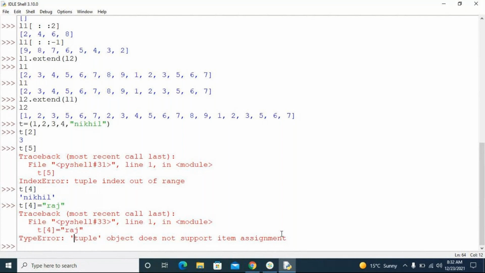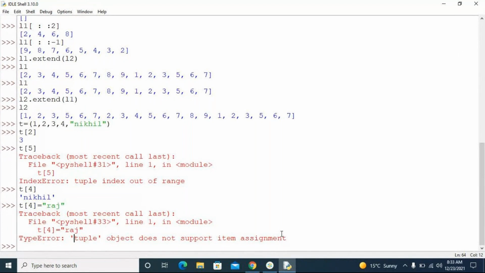So tuple is the same as list, I said. But you cannot use any methods that change your data. Like you cannot use append, because append will add an element. You cannot use insert, insert is also adding an element. You cannot use delete, you cannot use remove, because removing an element is also not possible. You can only get the index of the element because you are not changing anything.